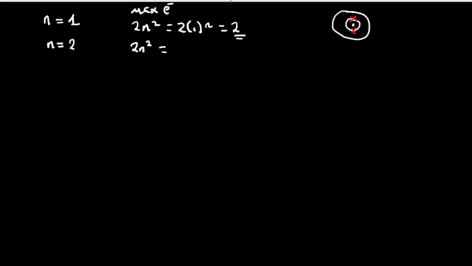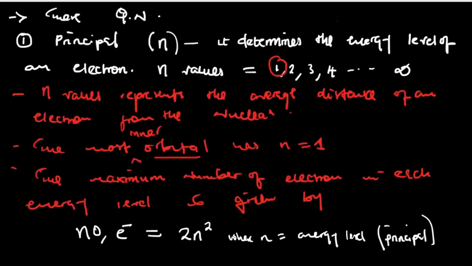This is the formula they used to use to calculate. If it is in energy level 2, again you substitute 2 squared here. What are you going to have? 8. That's why we used to have 8 electrons in the second shell. Remember? So that's what we mean: each energy level has a maximum number of electrons it can accommodate. So understand that the values for energy levels start from 1, 2, and the principal quantum numbers will tell you about